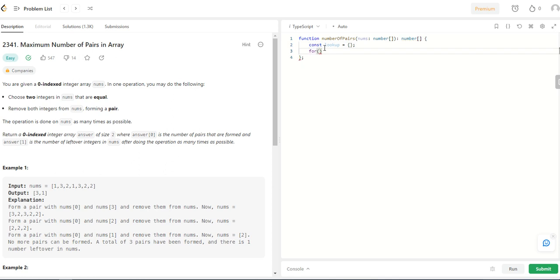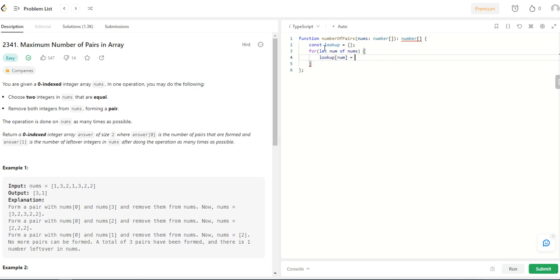So for let num of nums, and what we can do is we can check whether this num exists in the lookup object. So if lookup of num exists,